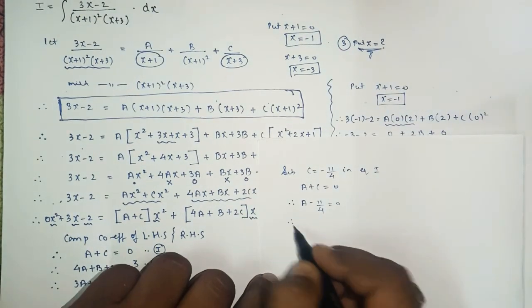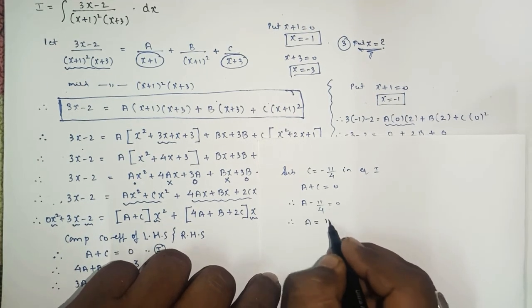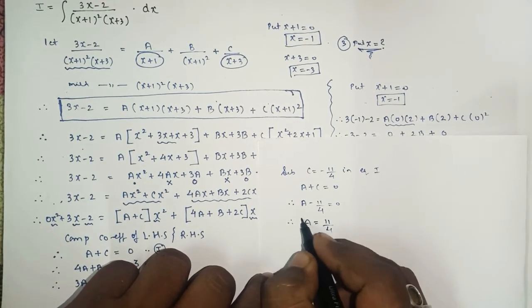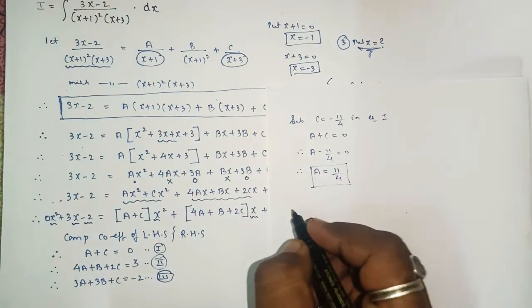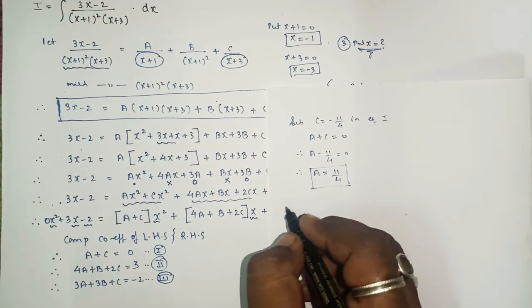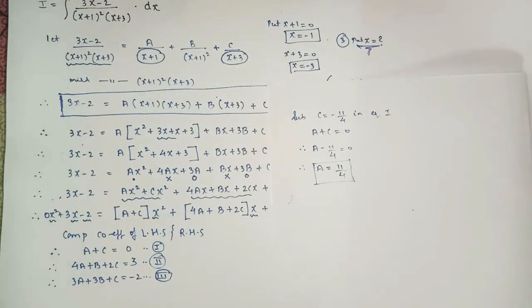Okay, so therefore a equals 11 by 4. So here we got the value of a as 11 by 4. Or else you can take the second equation also, but for the second equation,